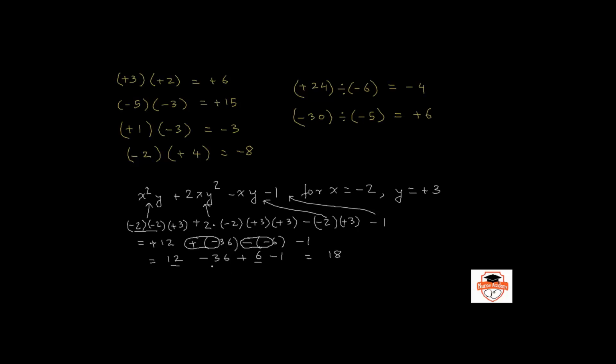Add the negatives together, 36 and 1, that's negative 37. So the answer is negative, and 37 minus 18 is 19. So the value of this expression is negative 19 if x is equal to negative 2 and y is equal